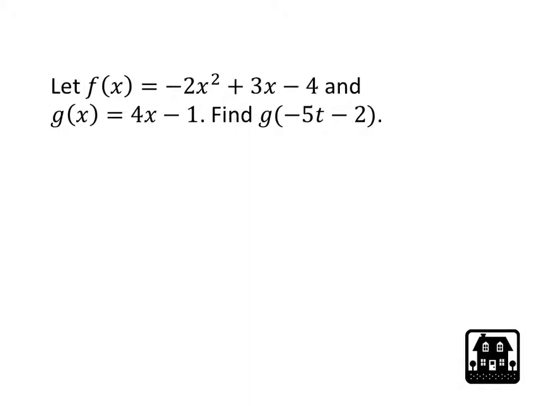Here are the same two functions, but now we're supposed to find g of negative 5t plus 2. It doesn't tell us to find f of anything, so we can go ahead and get rid of that f. We don't need it. But for g of negative 5t plus 2,